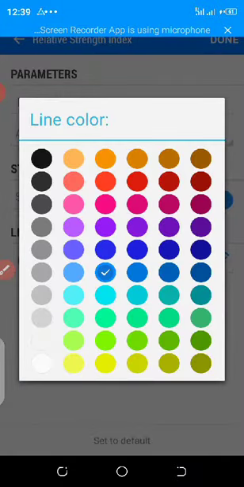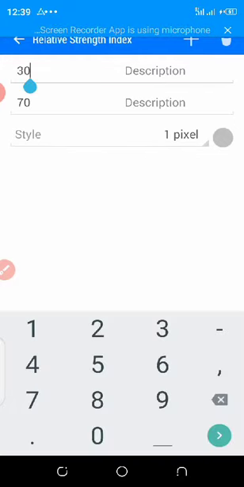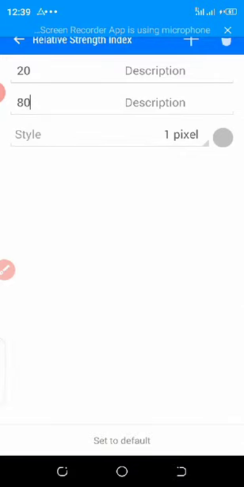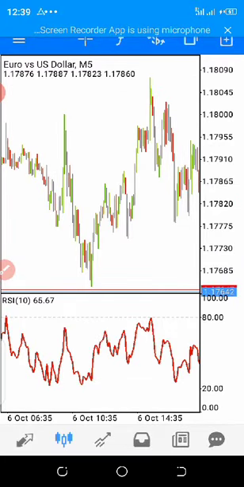Color, you can change it to red. Then levels: you change this one to 20, and the other level you change to 80. Once you're done, go back, press done. Yeah, as you can see, the red line